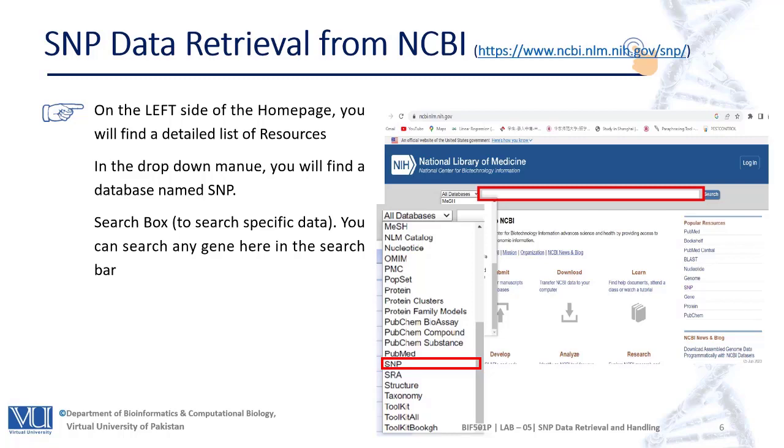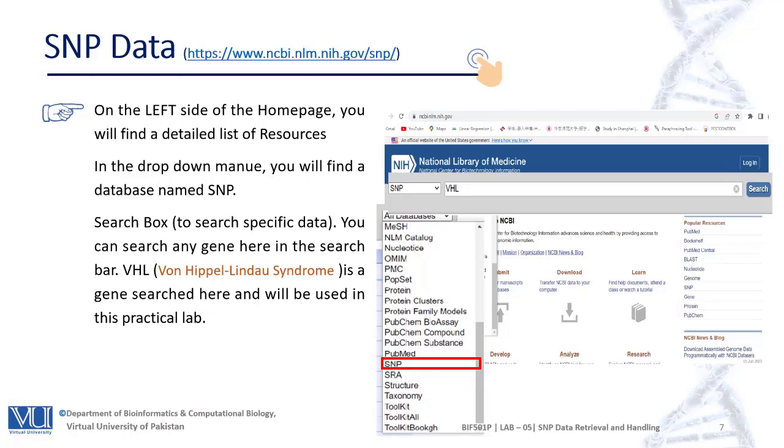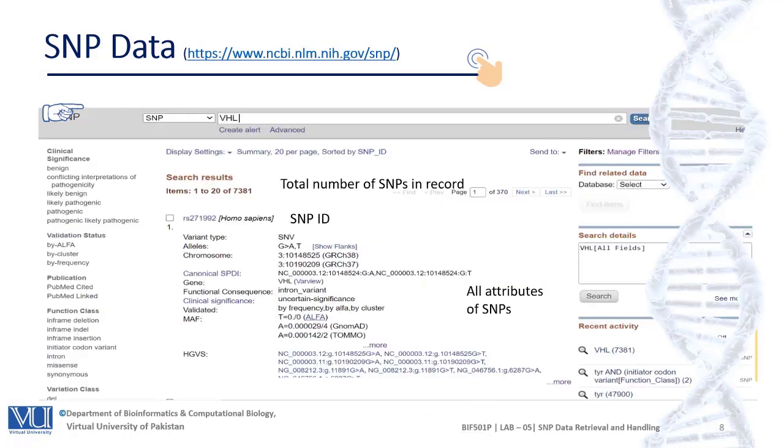You can search any gene here in the search bar. Here you can select VHL, a gene, and search. This gene will be used in this practical lab. By searching the VHL gene in the dbSNP database, a built-in database in NCBI, you will be directed to this page,